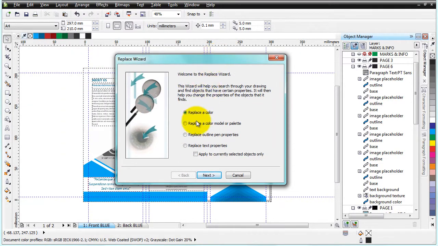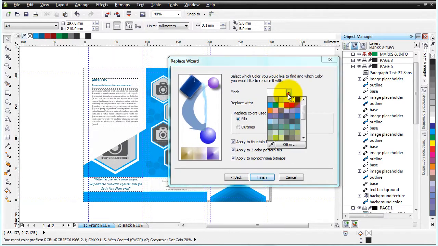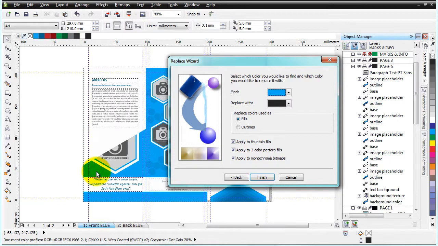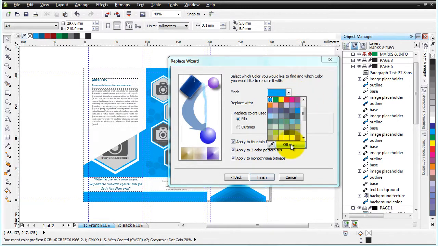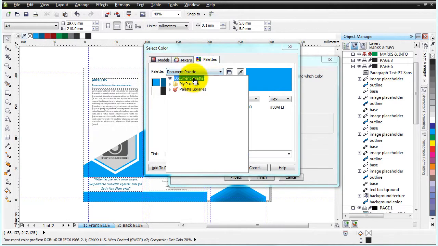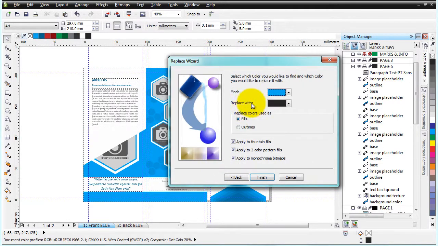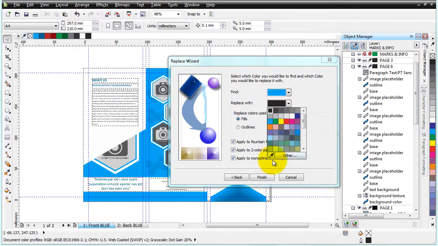Once this window opens up, we'll choose Replace Color. We're going to find the color we want to change. We can either use the palette, so we can just click on it, or we can go to the document palette. You can find it in here. You can choose the color you wish to change, click OK, and then find the color you want to replace it with. Like, let's make this